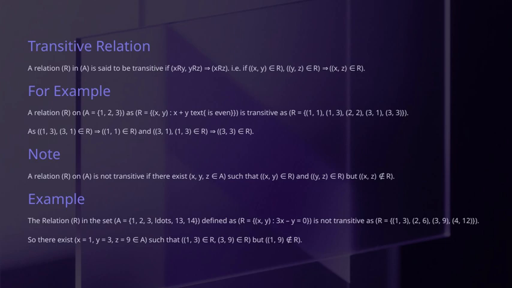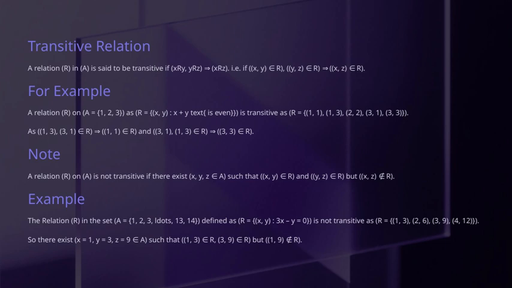Remember, the set A includes numbers from 1 up to 14, and the relation R is defined as all pairs x, y, where 3 times x minus y equals 0. In this example, the pairs (1, 3), (2, 6), (3, 9), and (4, 12) are in R, but crucially, the relation fails to be transitive because even though (1, 3) and (3, 9) are in R, the pair (1, 9)